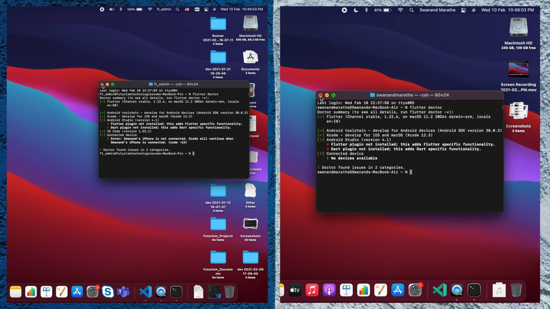In this test, we will also check the battery consumption. Here the M1 is currently at 81%, and the MacBook Pro is currently at 99%. At the end of the task, we will check which one has consumed the most battery.